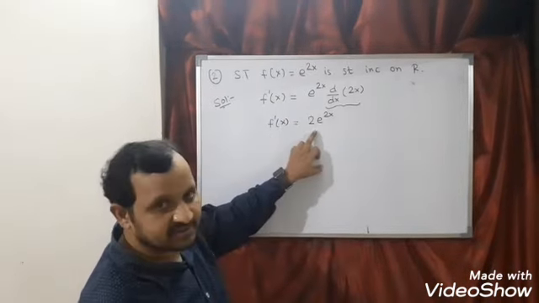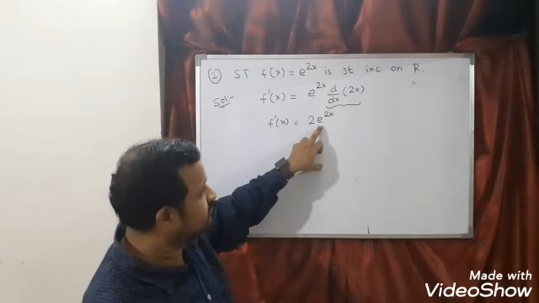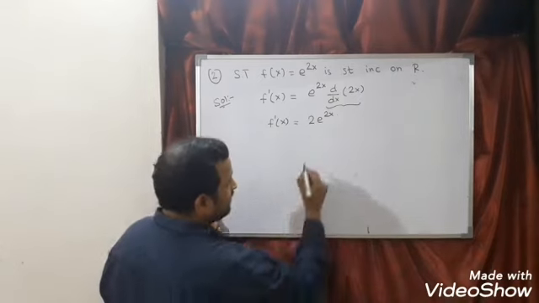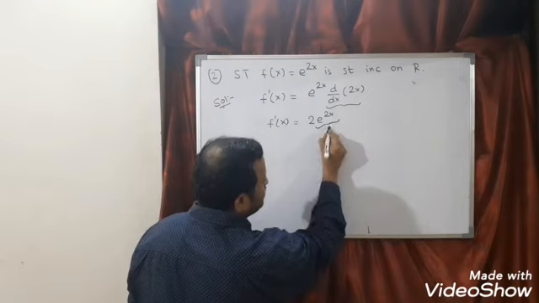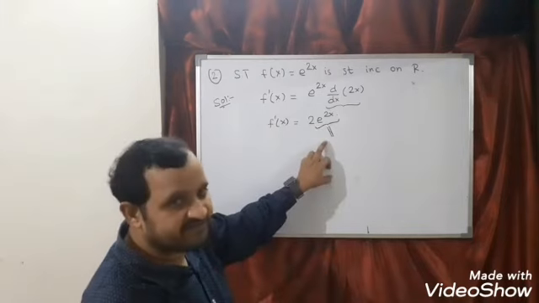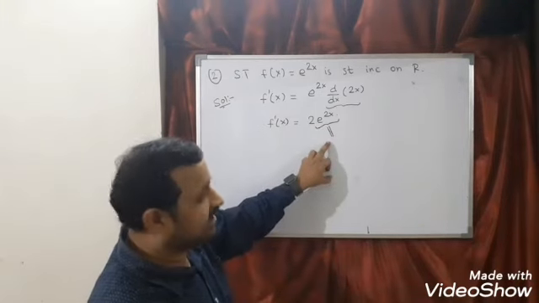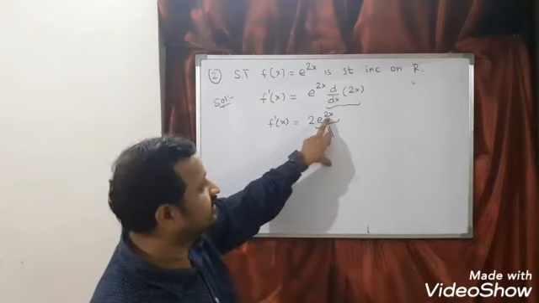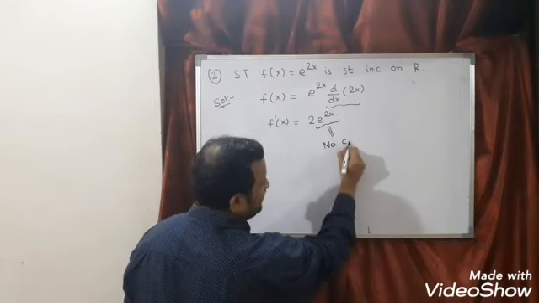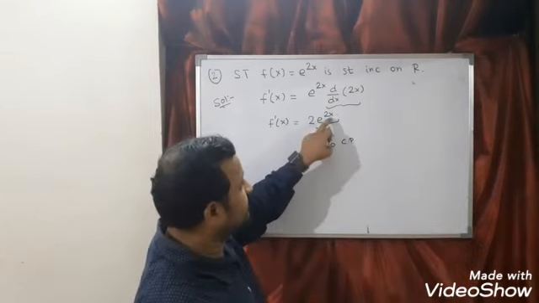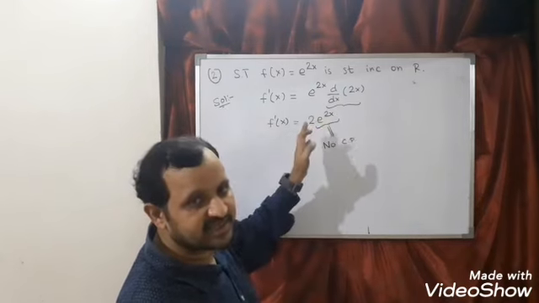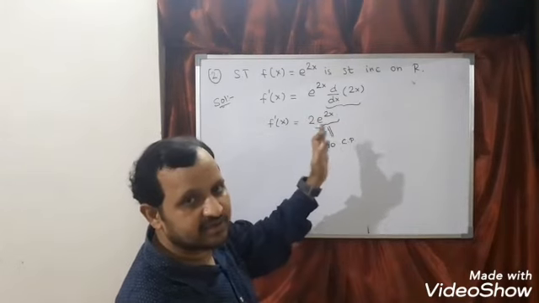So find f dash x, break it into linear form. Coefficient of x is positive. Next step, find critical point. Can you tell me for what value this will be 0? Again, refer note 2. Never consider critical point for the term having variable in power. So here I can say no critical point. You cannot find the value of x which will make e power 2x equal to 0. Since there is no value of x, we can say no critical point.